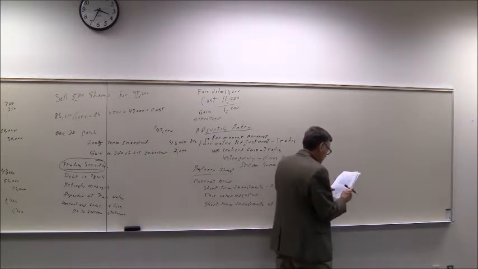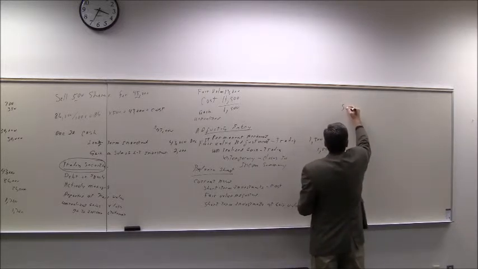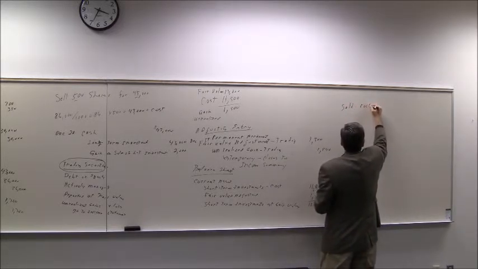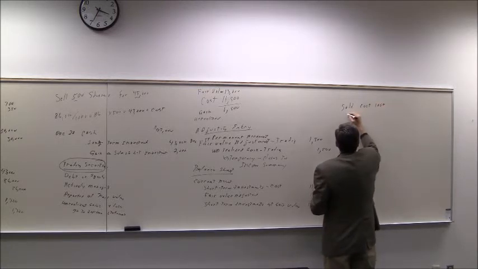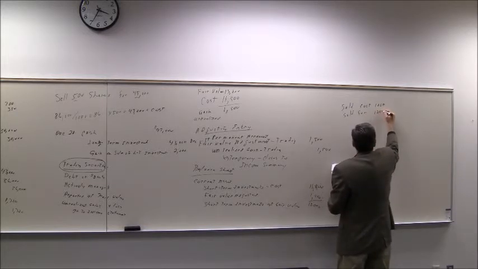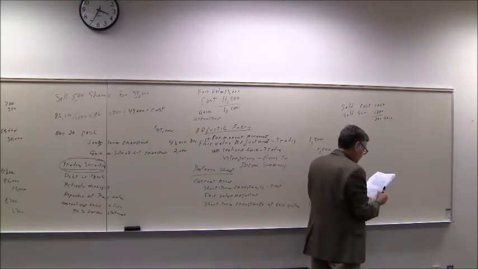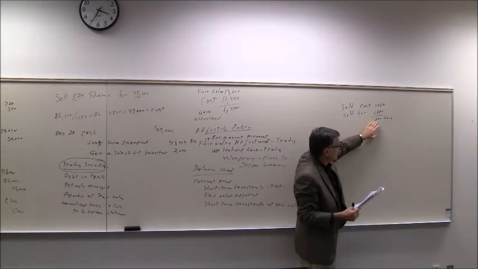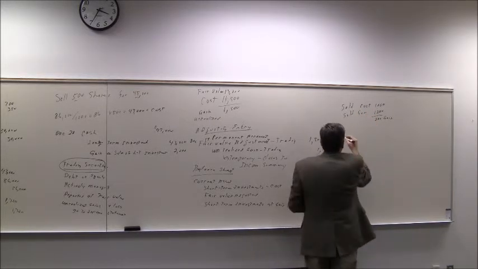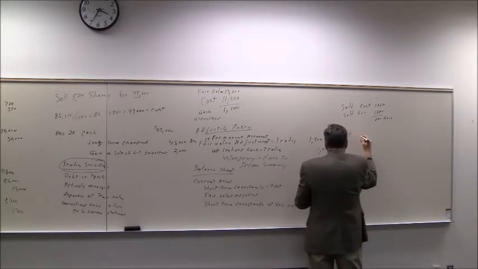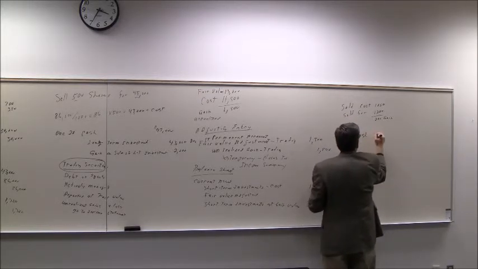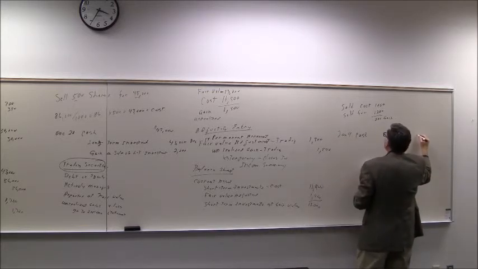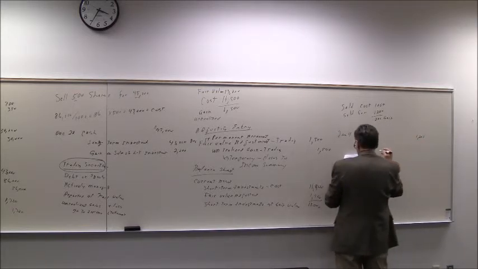Then what we did is we sold some shares. They cost $1,000. We sold for $1,200. That means we had a $200 gain. So this specific shares, it doesn't say how many. They cost us $1,000. We sold them for $1,200, so we have a $200 gain. We did this on January 9th, and the journal entry looks like this. So the cash will be debited for the $1,200. That's the cash we received.